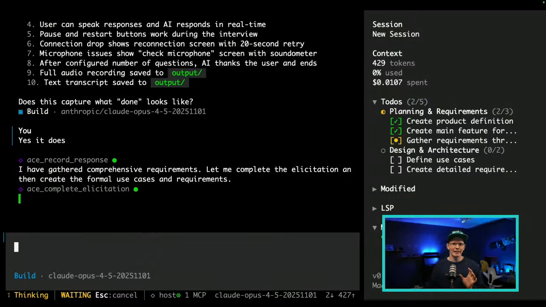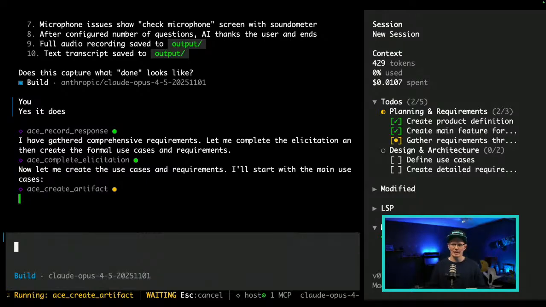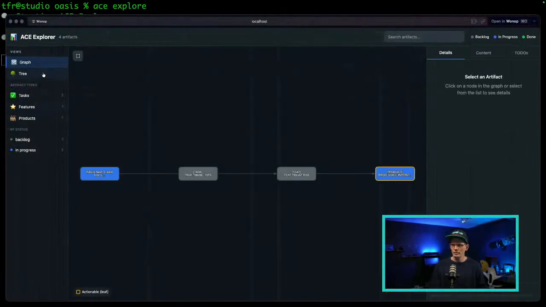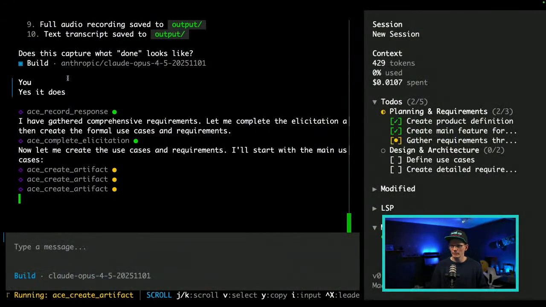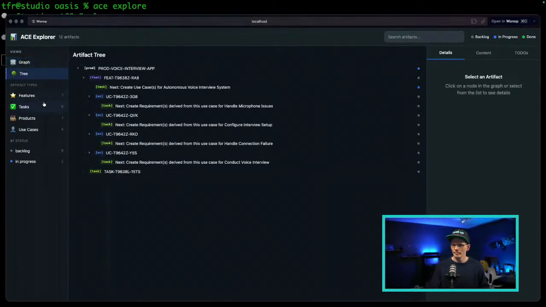Okay, so now it has gathered all the requirements of the project that we're building out, and the next thing it will start doing is creating requirements, and we'll see that very shortly over here. If we just refresh this one, okay, it starts to create something now, but they are still yellowish for some reason. Yeah. Okay. There you go. So it writes out the use cases now. And then once it's written out the use cases, it will start writing out the requirements.